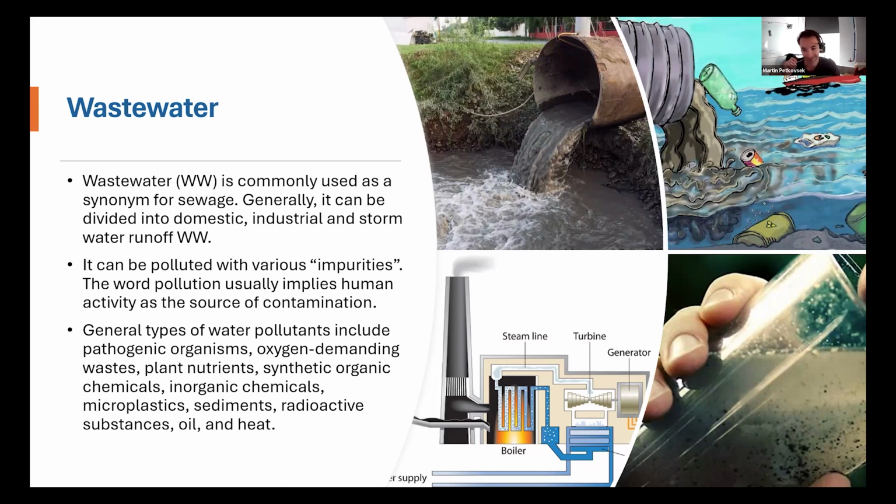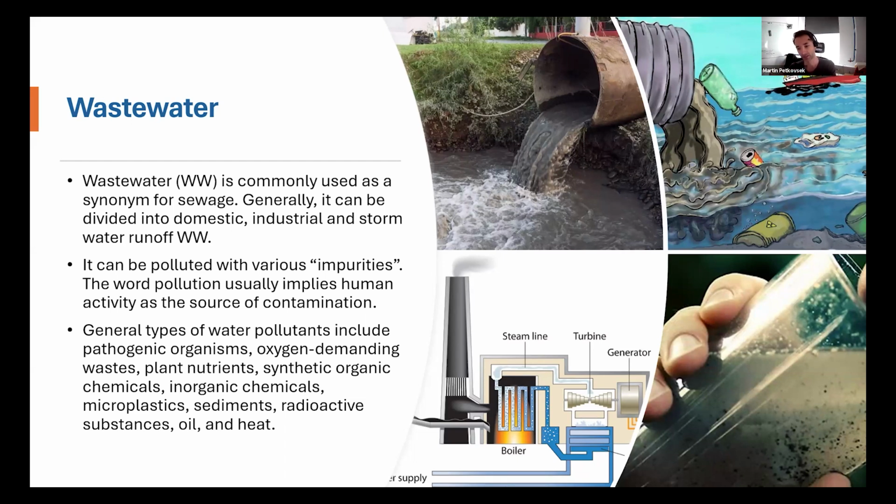Oxygen-demanding waste is an extremely important pollutant to ecosystems. Most surface water in contact with the atmosphere has a small amount of dissolved oxygen, which is needed by aquatic organisms for cellular respiration. Decomposers such as bacteria and fungi also conduct cellular respiration and consume oxygen as they break down the dead organic matter. Too much decaying organic matter in water is a pollutant because it removes oxygen from water, which can kill fish